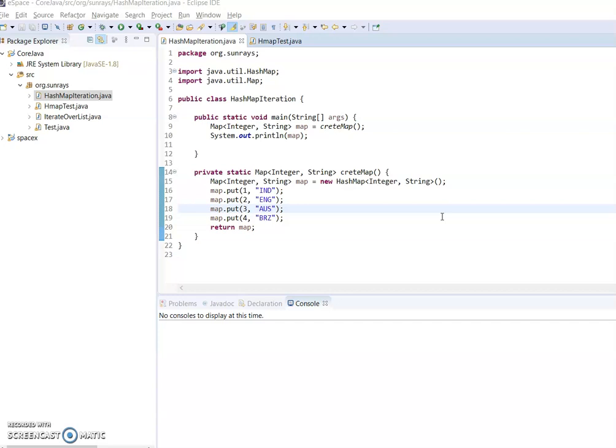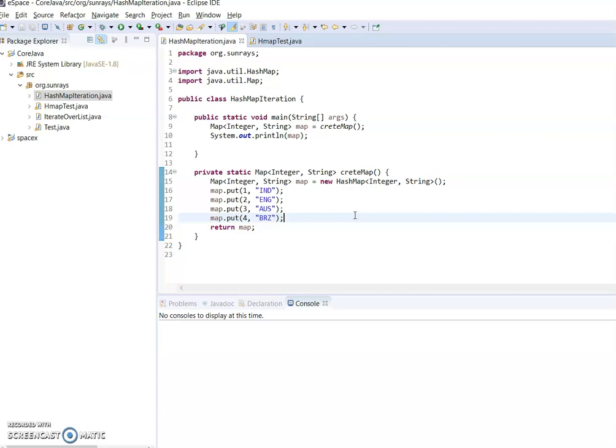We frequently use hash map. It is not a collection, but it is part of the collection API in the Java util package, and we mainly use it to store key value pairs, unlike other collections like a list or set.